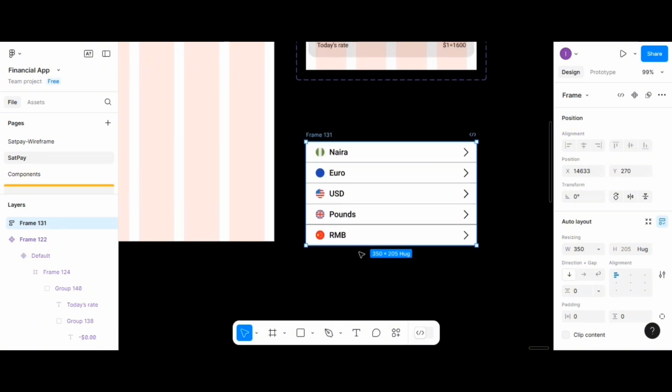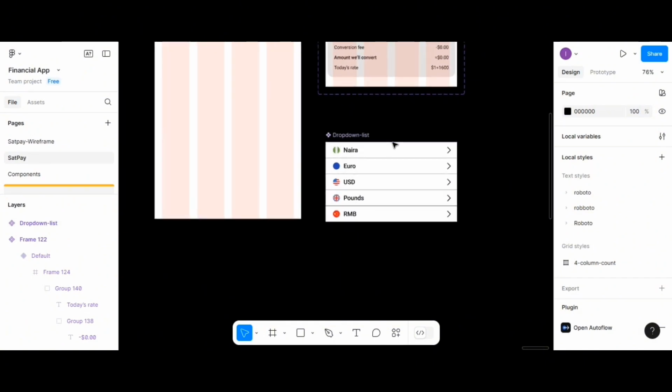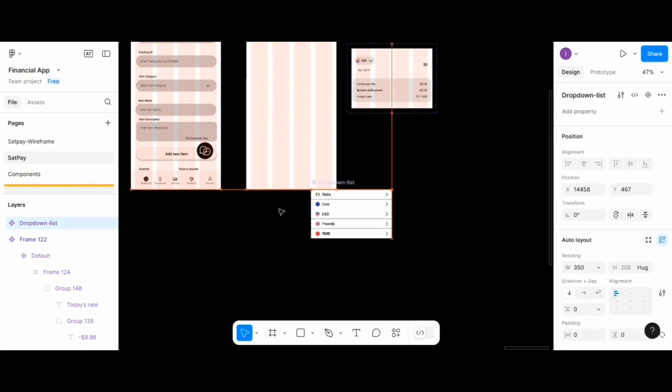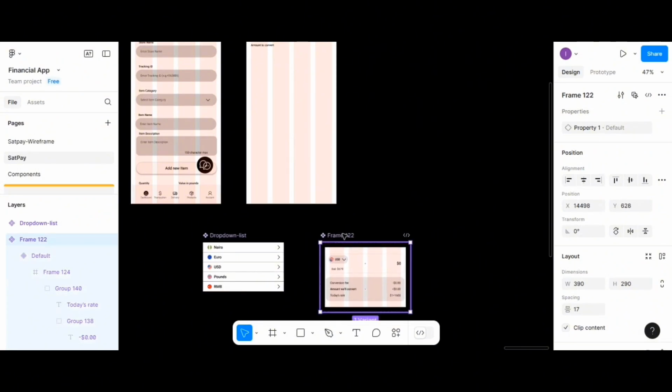So what you are going to do is to select the parent frame, which is frame 131, and create component to it. So now it's a component, so we can name this as drop down list. So now we have our two components. So we're going to use these two components to now design the drop down list. So we can name this as currency selection drop down. Okay,